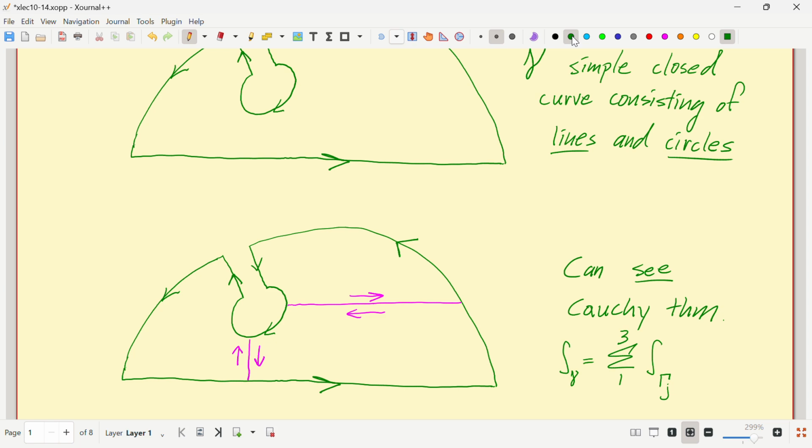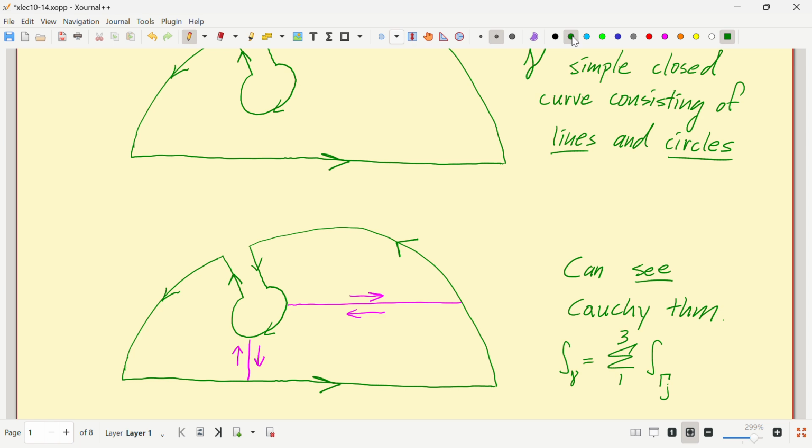And then finally the third one, same thing, except this time you go the other way on the purple cut. And when you draw those arrows, you always get arrows that go one way and back on the purple cuts. They cancel when you add them up. So the integral around gamma would be the sum of those integrals. And